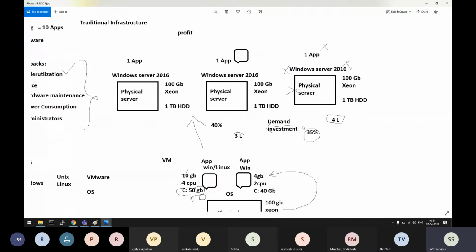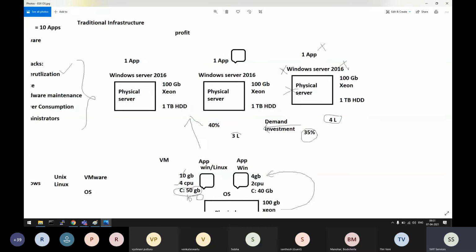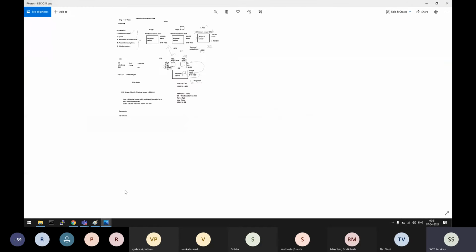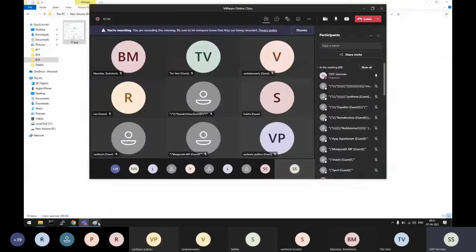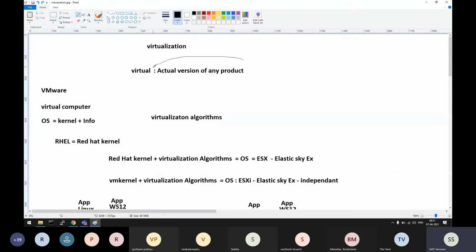In our own words, it is what I have already given here: create an actual version of any other product. Instead of using physical resources, use virtual resources. If you want the technical, bookish definition, I'll share that with you in the documentation.